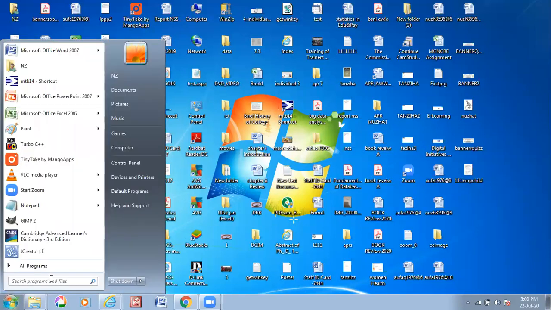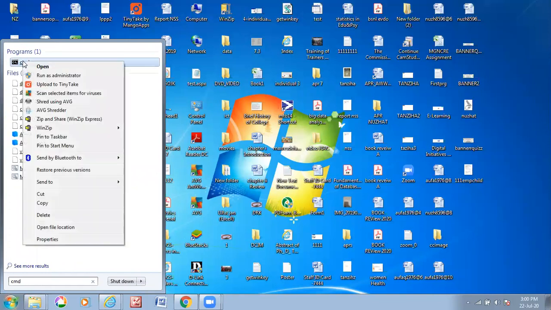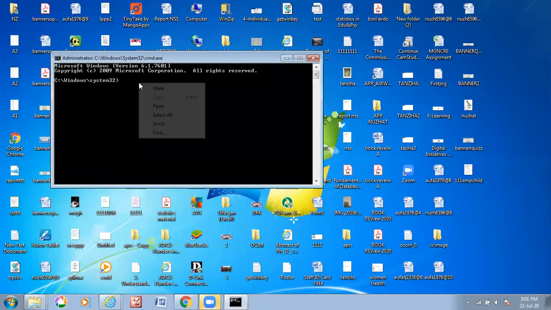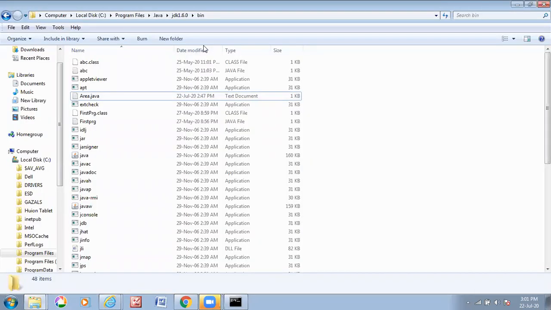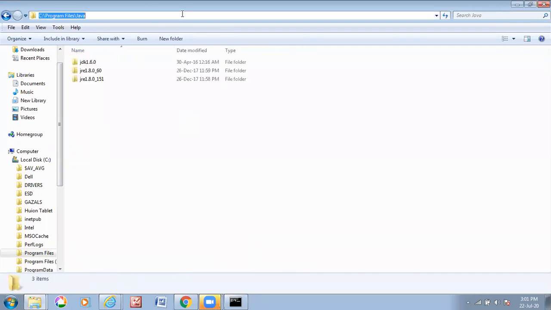Now, to start, I'm using the command line, run as administrator. I have this path copied, I'll paste it here. No, this is not it, again. The path we need to copy is this one. C drive, it is installed here, bin.